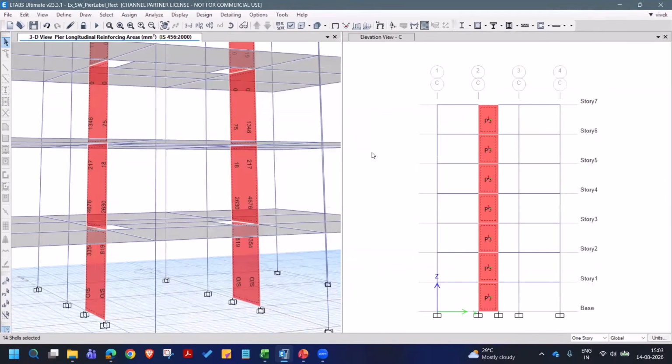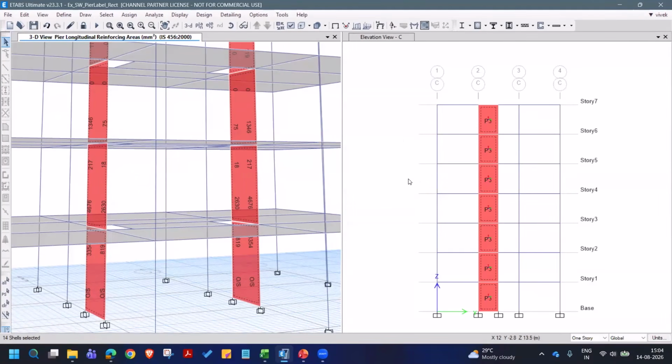So this is something you'll be deciding whether it is going to be designed this way, I mean detailed this way, or there is a clause in the code that exempts you from doing this boundary element check if the entire wall section is detailed with confined reinforcement. So something at this stage you will have to take a decision and proceed with the design as required for you. Now let us move this further